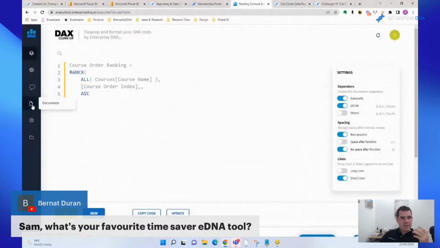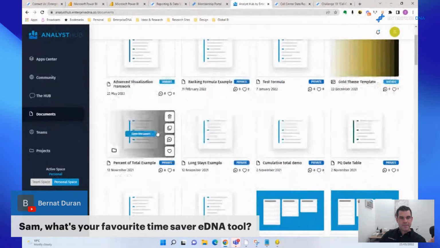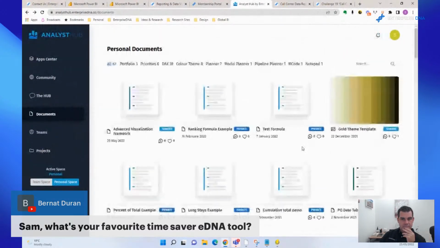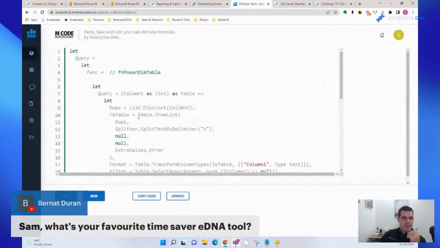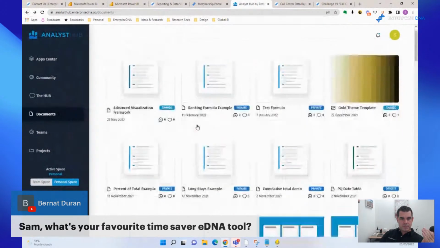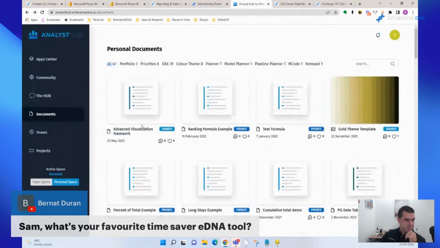And all of the patterns that I use from an analytical perspective, they're all in here. I've saved them all. So I've saved a lot of the ones that I use all the time. So things like, for example, my Power Query date table, that's one I use all the time. But, dynamic grouping. So this is a pattern that I use all the time as well, so on and so forth. So that really speeds things up.